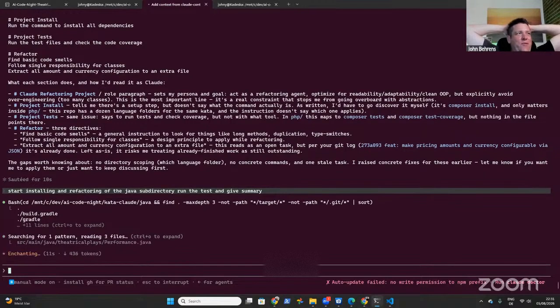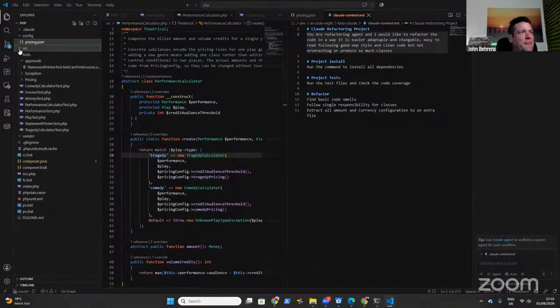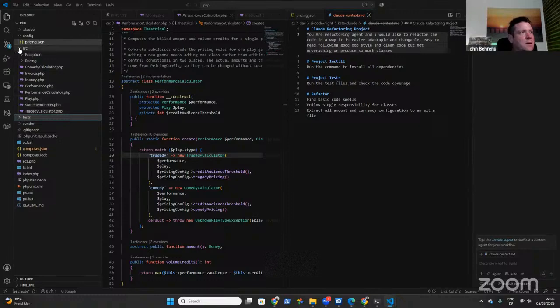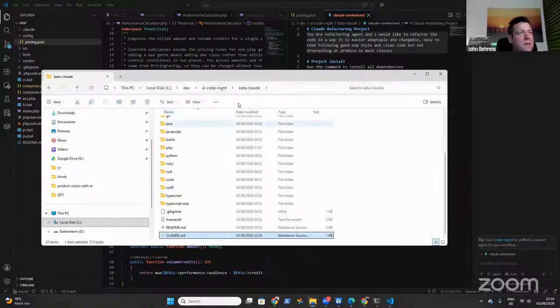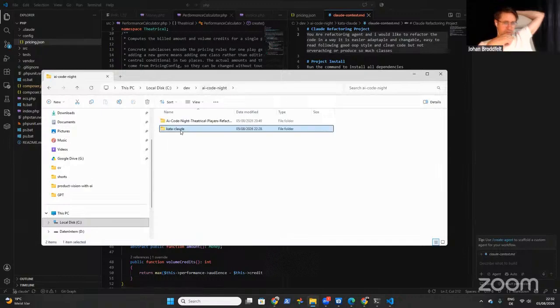And if he's following the instruction, he should try like find basic code smells, follow single responsibility for classes, and also put the configuration in JSON file. Let's look on how the Java part is looking now. Yeah, you're in the PHP now. Yes. Yeah, you opened the PHP exclusively. So right click on Java and